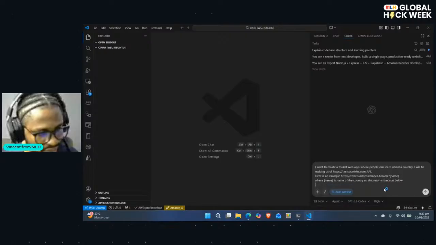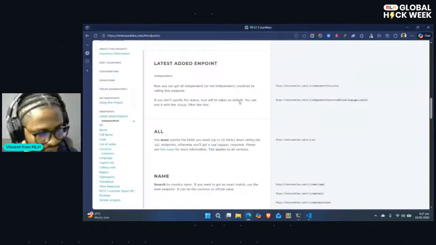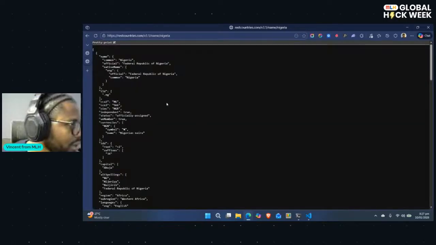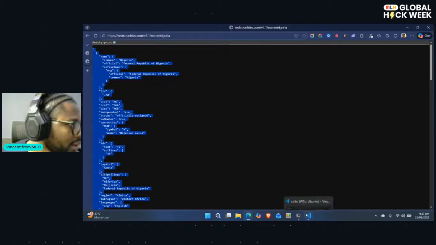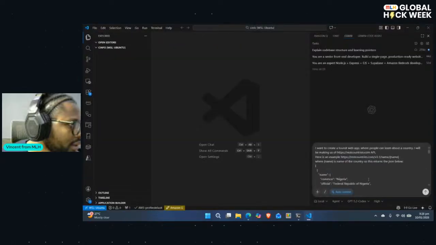I'm still gonna give it the JSON that was returned. Let me copy this. So this returns this JSON data. Yeah, too long, but that works all the time.